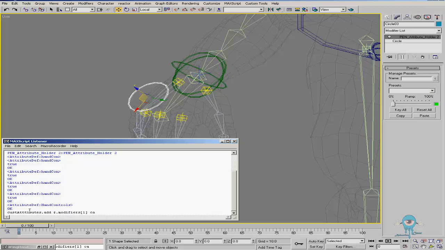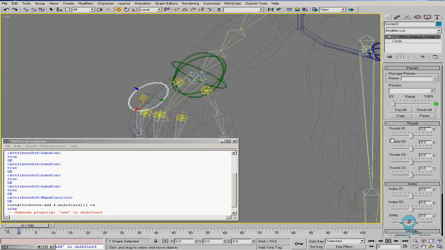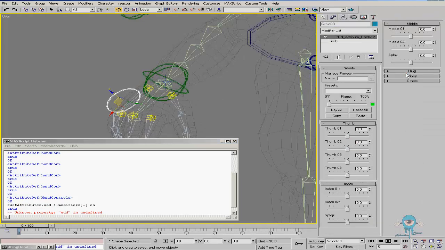Add it to the top modifier and the definition, and I can do this right in the, few too many T's in attributes, and no R. That's where I went wrong. There we go. Okay, so here's our